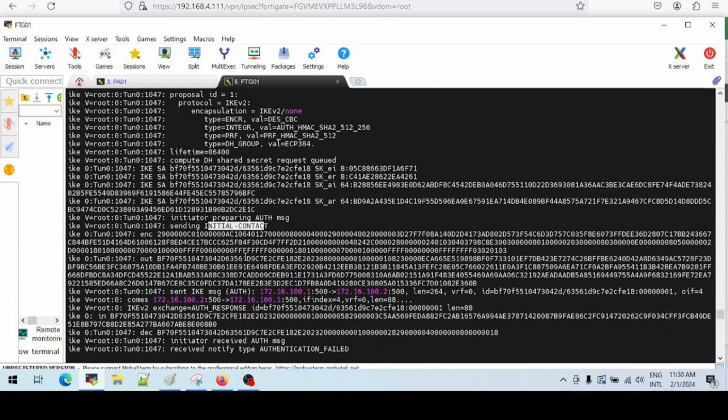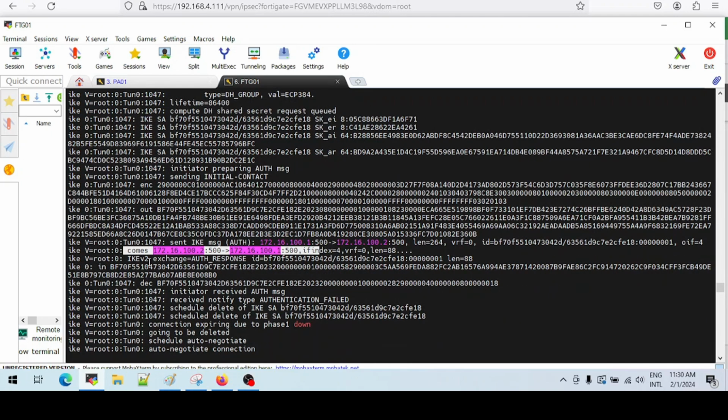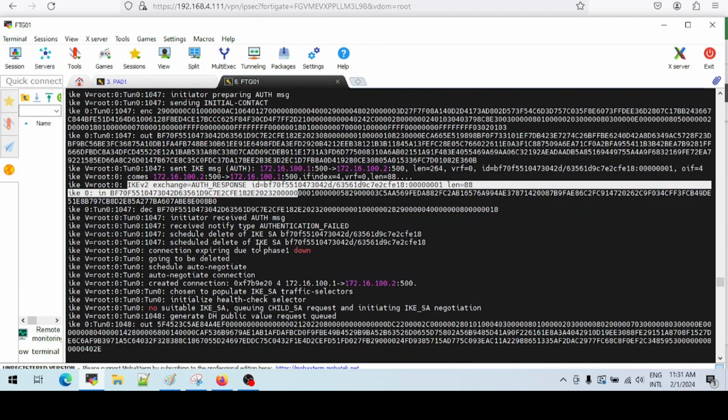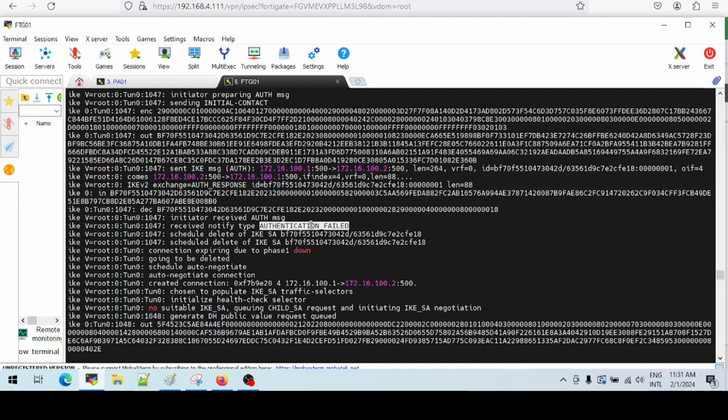Initial contact being sent, authentication is sent, authentication is received from the remote end, and there's a bit of IKE version 2 exchange over there, and we can see that the initiator has received authentication message from the remote side, and it says authentication failed, simply because our authentication parameters and your authentication parameters are completely mismatched. Therefore, we cannot stand up this tunnel.